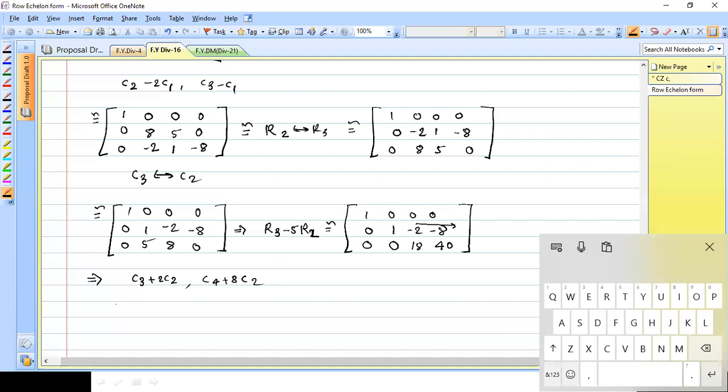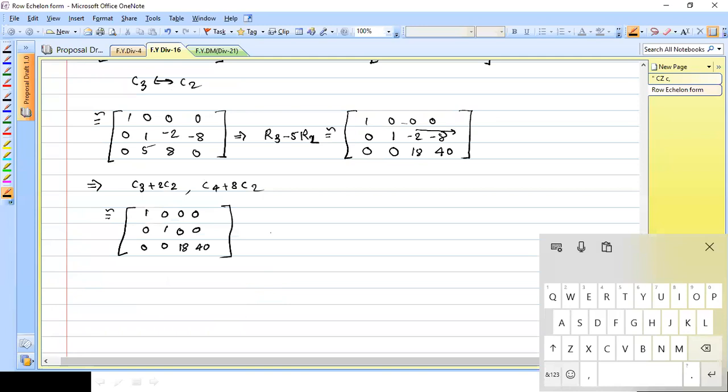Am I correct? Now see what I am getting. Here there is 0, 0, 0. There is no change in C1, and no change in C2 either. For C3, if I use this 0, this is also 0. So all three elements are 0. That's why I mentioned 0, 0, 0 as it is. Here you are getting 0, here 0, here 18 as it is, here 40 as it is. Check my calculations. Any doubts? No, sir.